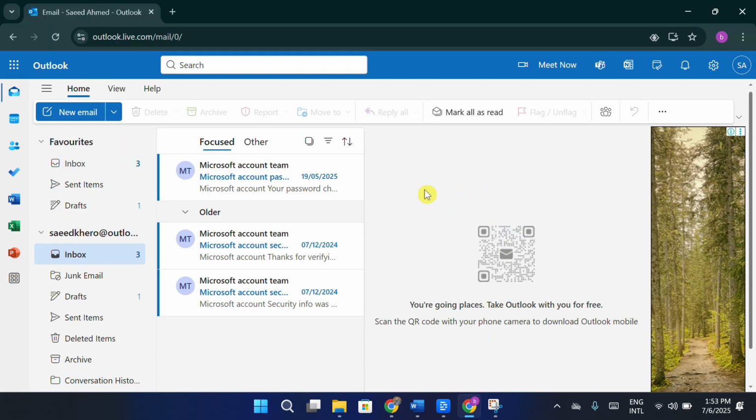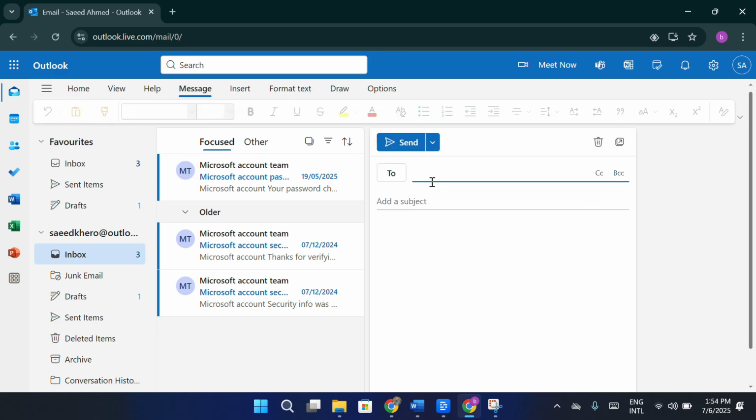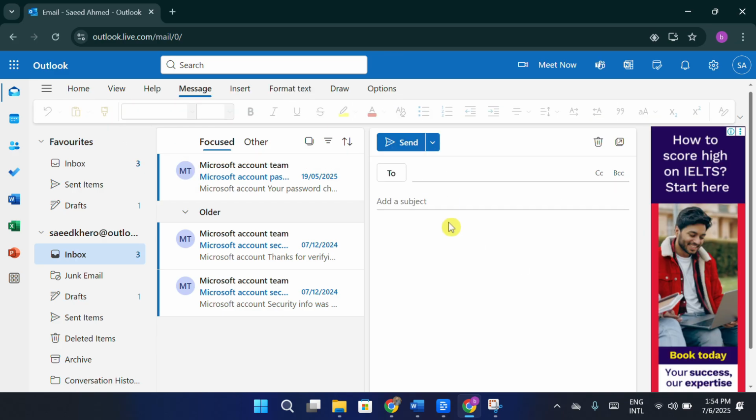First, open Outlook and click New Email to start composing a message. Go ahead and fill in the recipient's email address and type a subject line. Now, when you're ready to insert an emoji, place your cursor where you want it to appear in the email